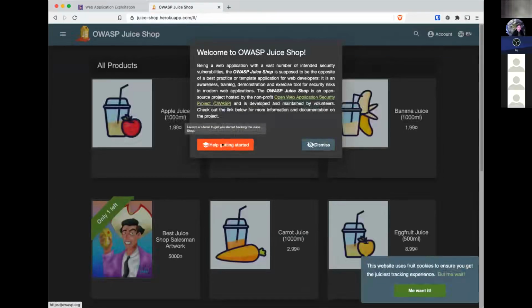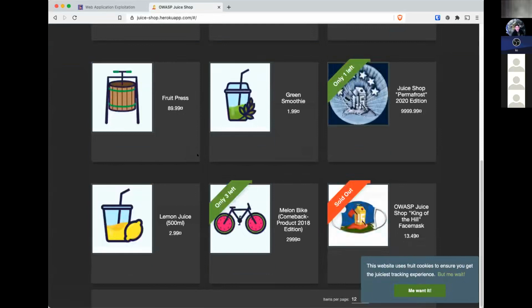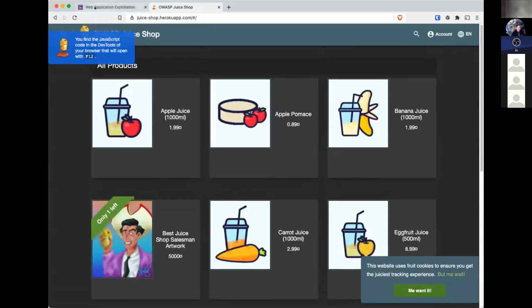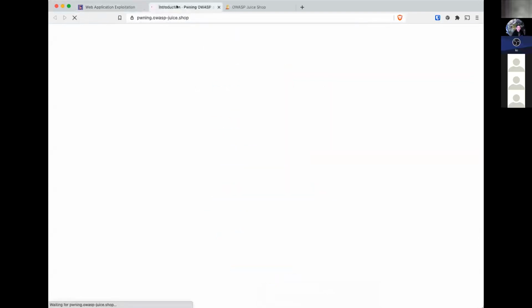You can get a tutorial on how to get started in this, and it'll tell you what to do step by step. This application is riddled with security vulnerabilities. And there is a scoreboard that you need to find to begin with. And then there's all kinds of vulnerabilities. Everything that you'll see in all the Try Hack Me rooms, everything that you'll see in everything prior comes to play here. If you get stuck, because as you see, there's not much guidance once you are at it, there is a book, a companion guide, that if you get stuck, you could reference